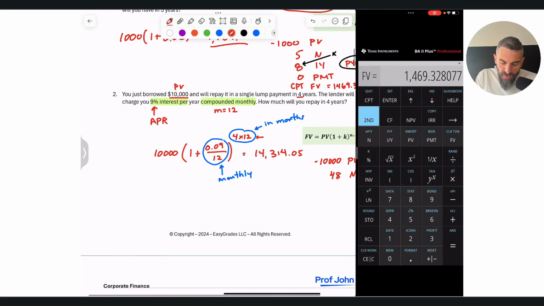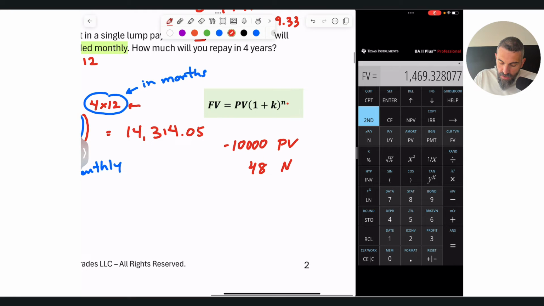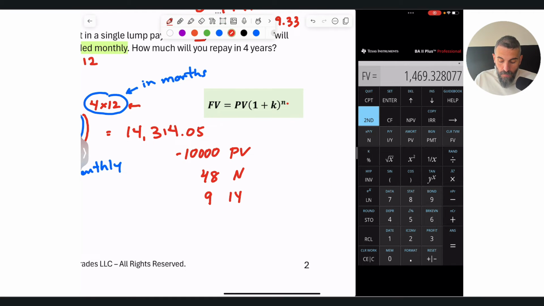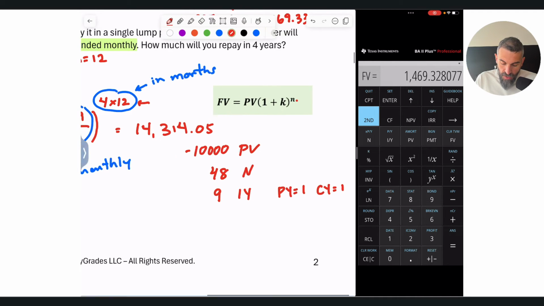Now, you have a 9% APR. On your financial calculator, you could enter that as IY, except this time, because that's not actually your K, you could enter your PY and your CY. So my advice, I guess, would be not to use it. Now that I'm thinking about it, I don't want to overcomplicate it for you guys just yet. So here's what we'll do. We'll keep those as 1. And we're going to enter 9